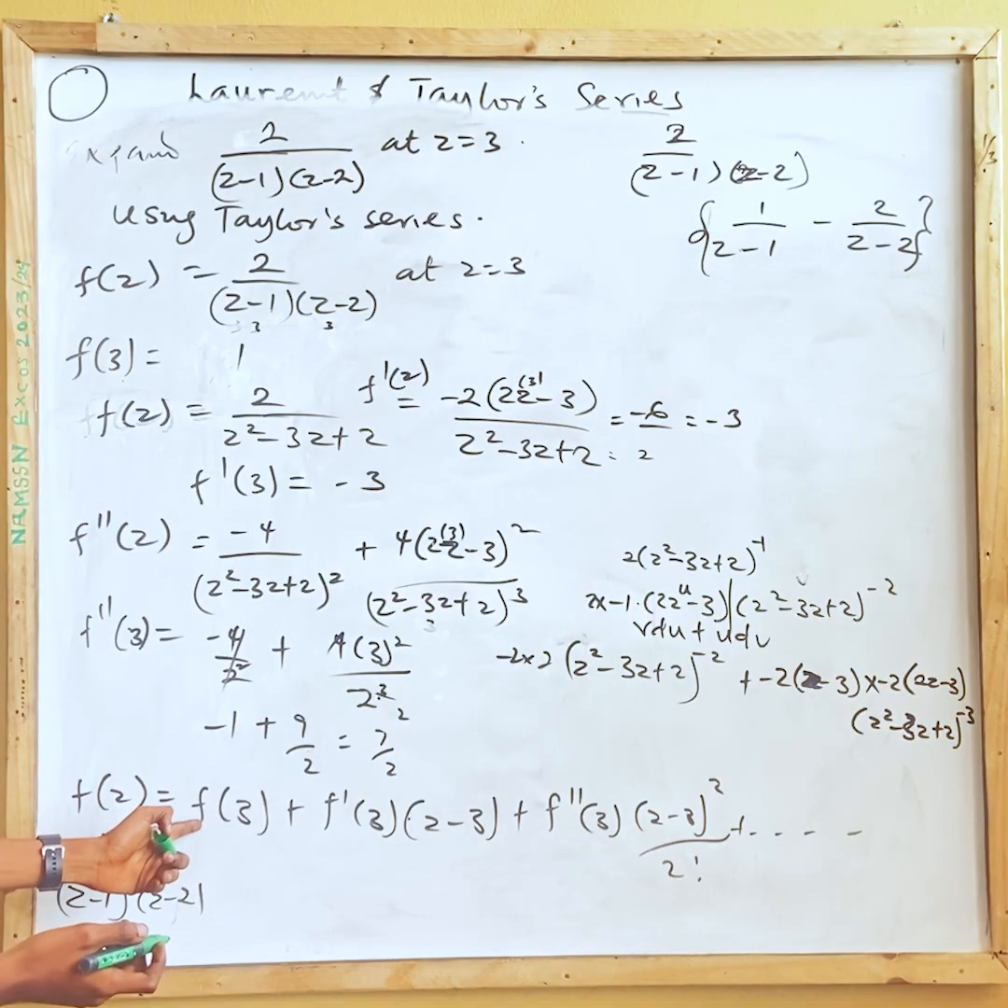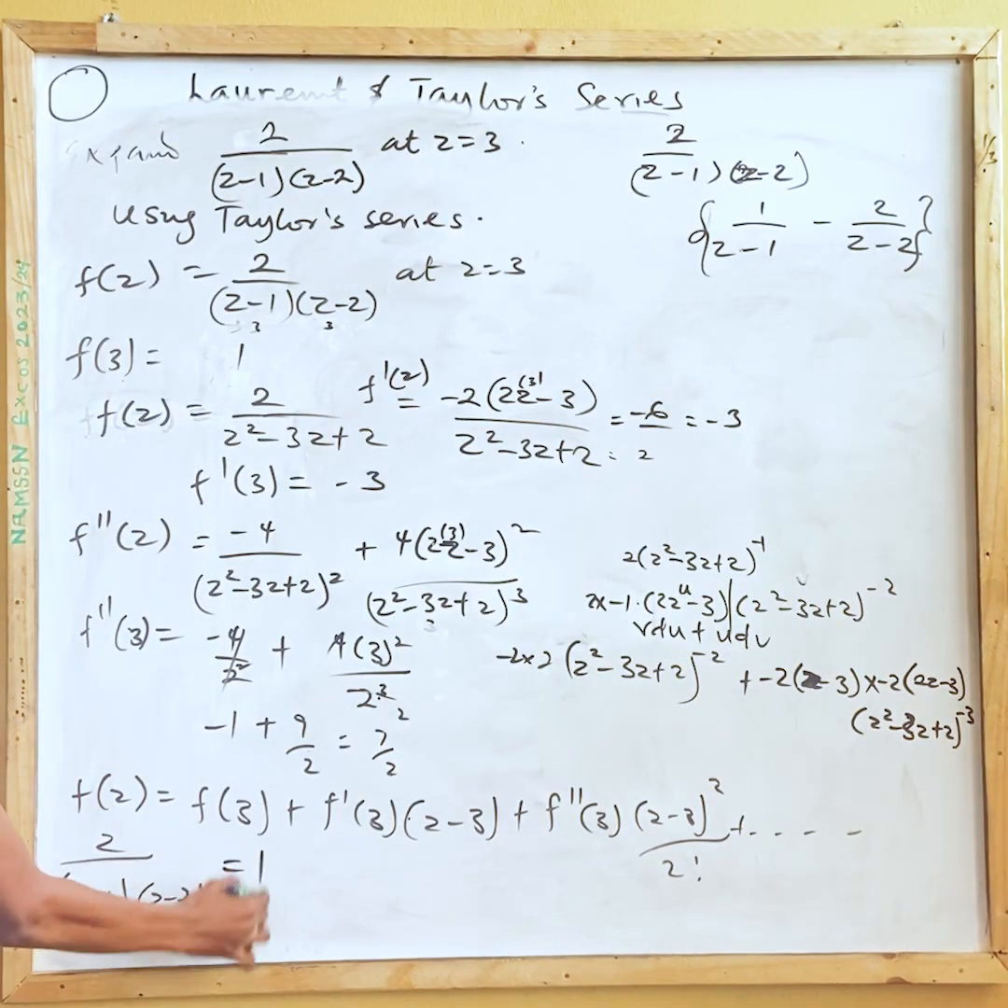So f of 3 is 1. F of 3 equals to 1. F prime